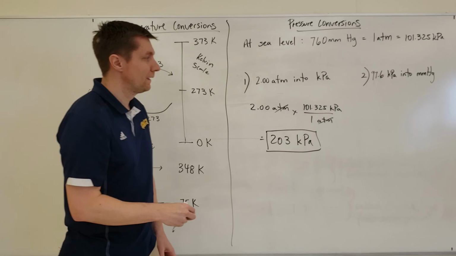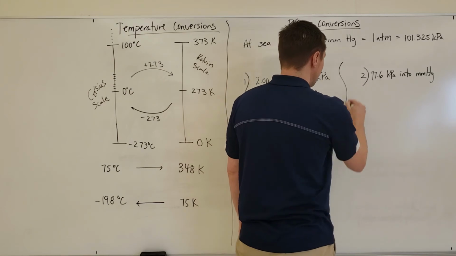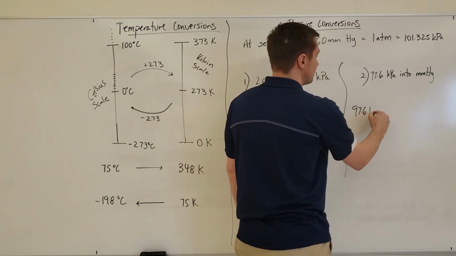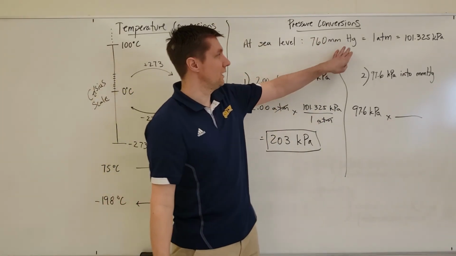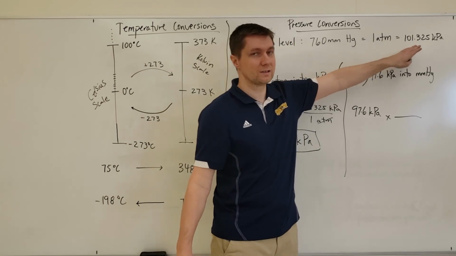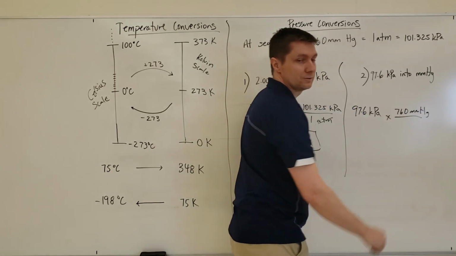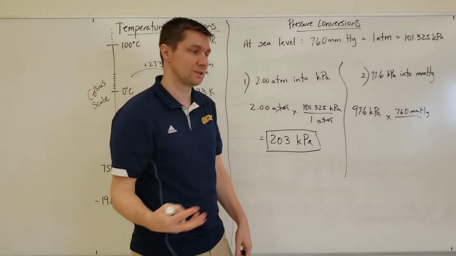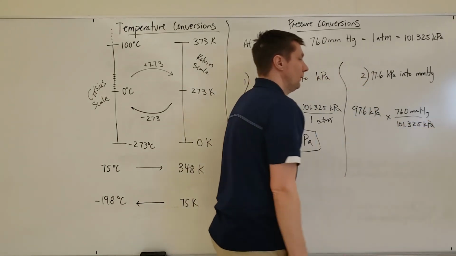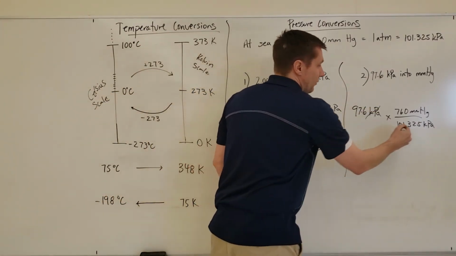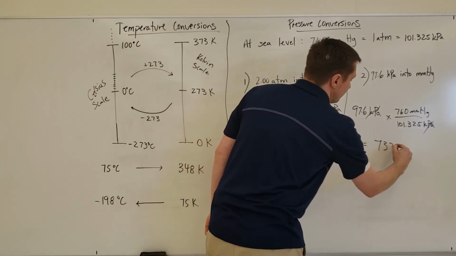For question number 2, I've got 97.6 kilopascals, and I need to convert that into millimeters of mercury. So 97.6 kilopascals. And I know that, again, here's my millimeters of mercury, and here's my kilopascals. So I know that I want millimeters of mercury, so I stick that on the top, and the kilopascals goes on the bottom. So then you can see the kilopascals will cancel out. Plug that into your calculator, and you end up with 732